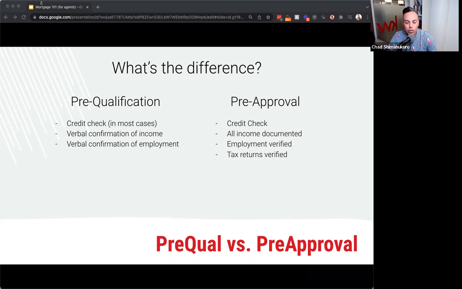And I'm sure, I hate to say, but I'm sure that the listing agents that are on here have dealt with agents that have written offers that didn't come to fruition. And halfway through, things are kind of shaky and falling apart. And it had nothing to do with the seller or the property or the inspection or anything like that. It has everything to do with how they structured the financing, and the buyer is really not qualified to begin with. So this information is helpful both on the buy side and the list side.